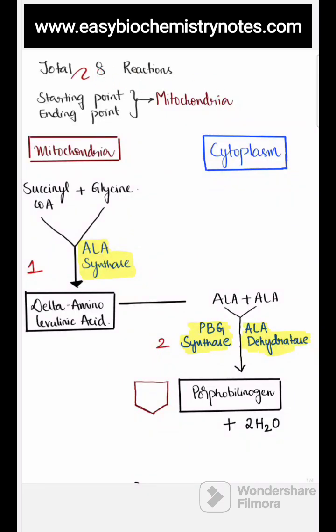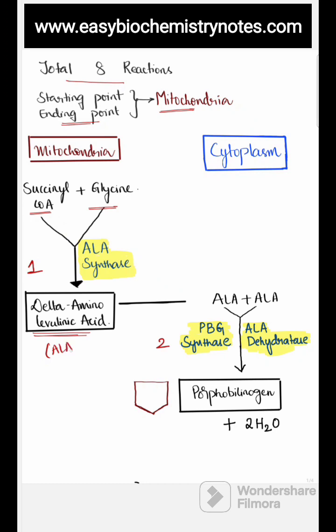Reactions of heme synthesis. In total, there are 8 reactions for heme synthesis. It is both mitochondrial and cytoplasmic. The starting point and ending point both are in mitochondria. So the first step is the condensation of succinyl-CoA with glycine to form delta amino levulinic acid, which is otherwise